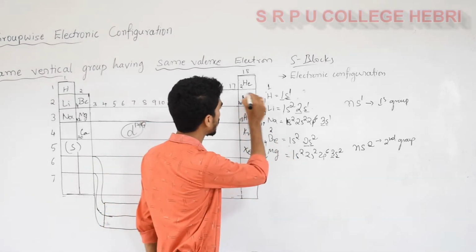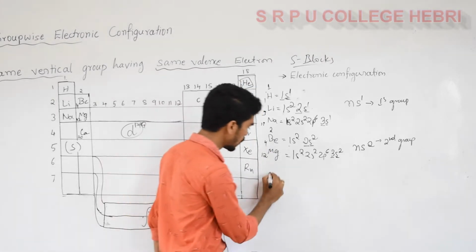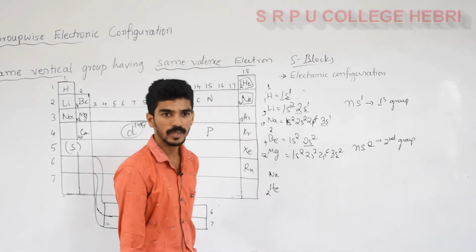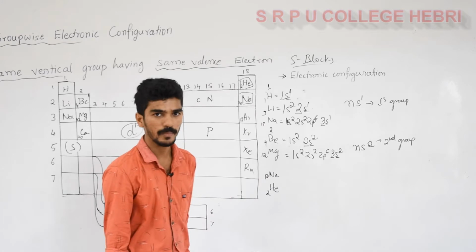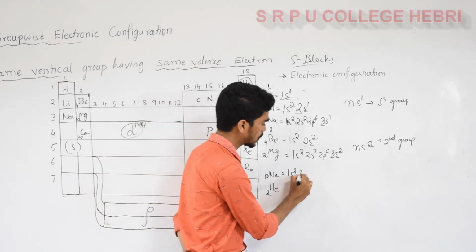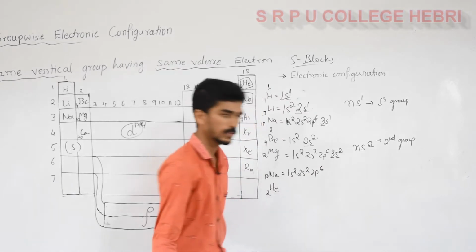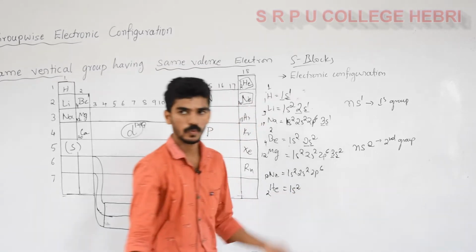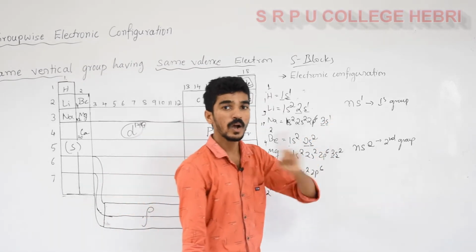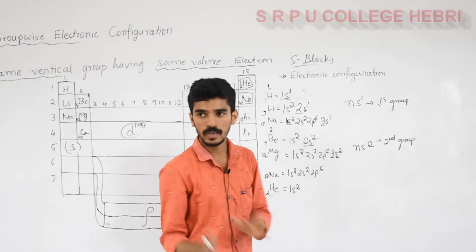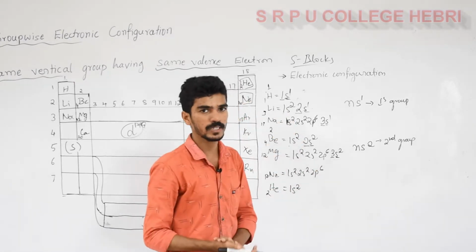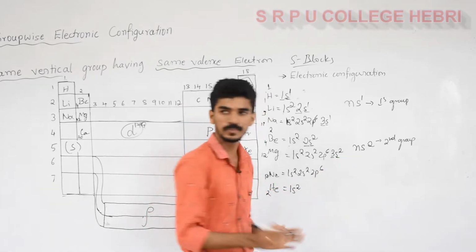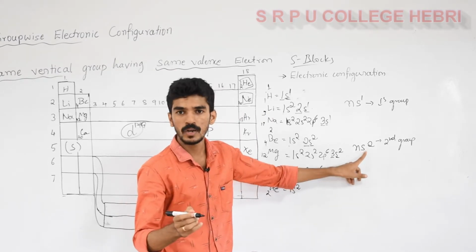So now I'll take neon and helium as an example. Helium has atomic number 2, neon has atomic number 10. Write the electronic configuration: 1s2, 2s2, 2p6. 2p6, the 10 electrons are over. For helium, 1s2. Now here I'll write the outer electronic configuration only, but if you want the inner electronic configuration also, having the particular electronic configuration, we can write it in terms of letters, like n-1, 1s2.